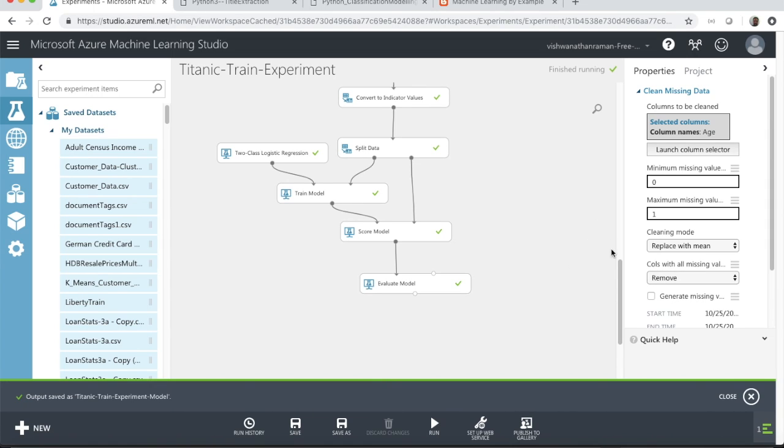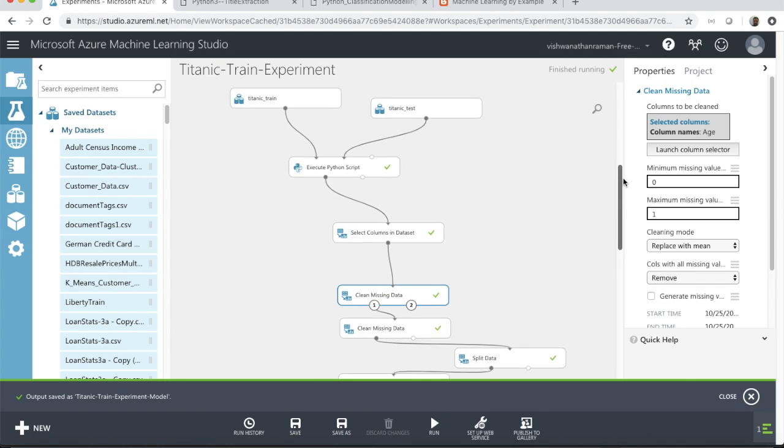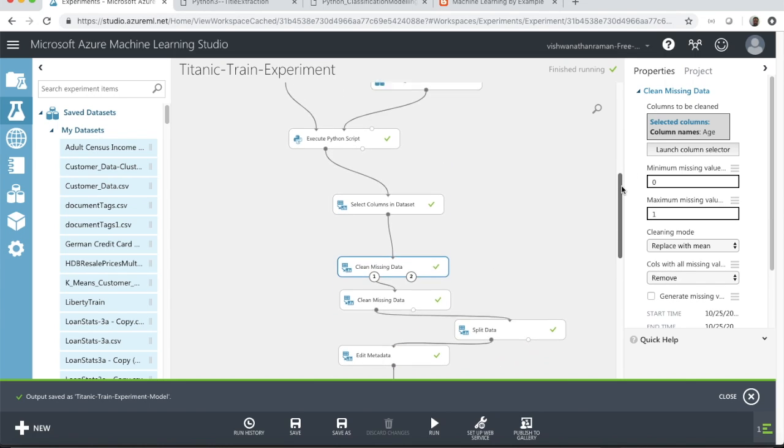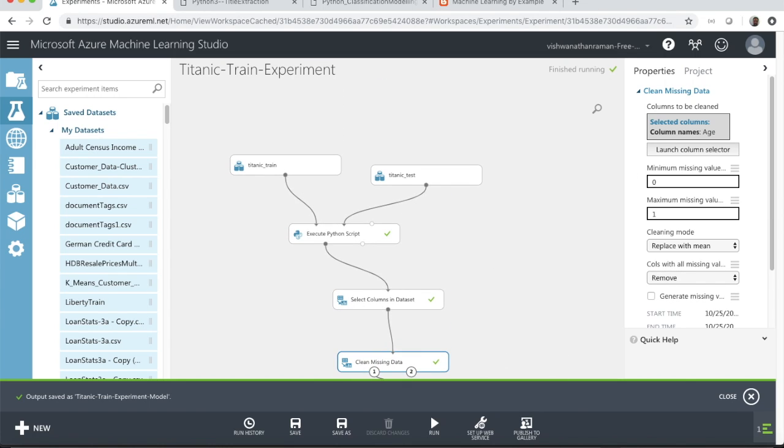So next thing that we are going to do is we are going to copy a set of transformations as earlier, and we are going to paste it in the test experiment. And let's go ahead and do